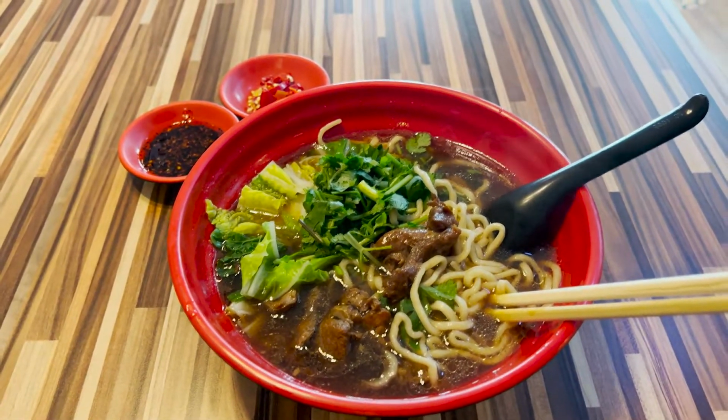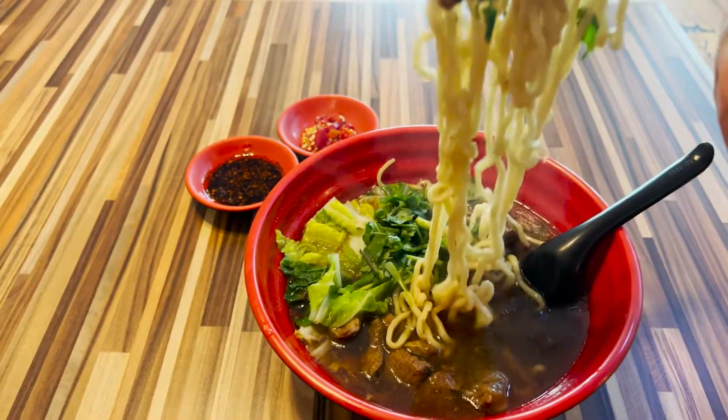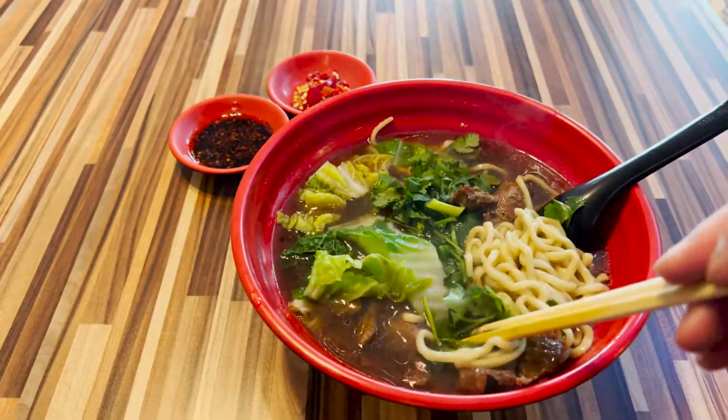I think it was made in house. The broth was not too bad. It was very light. But the dish that I want to highlight here for you guys to try is the